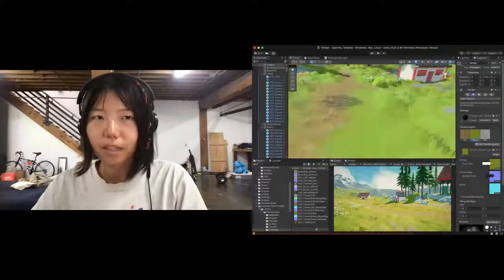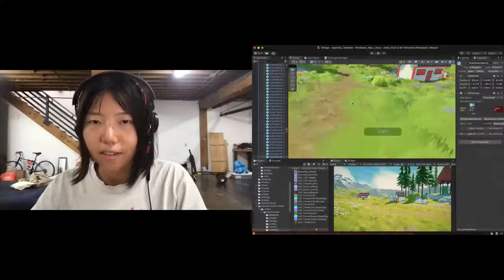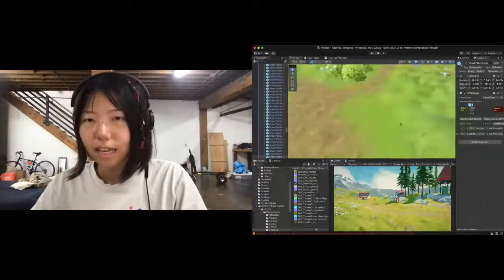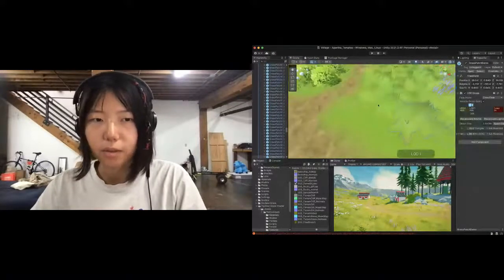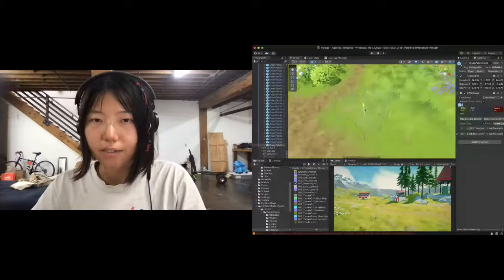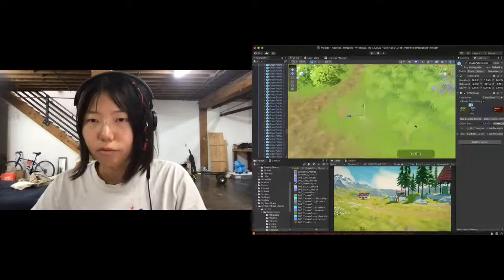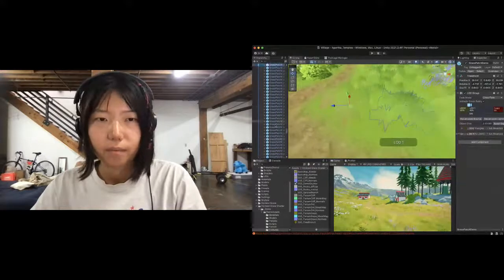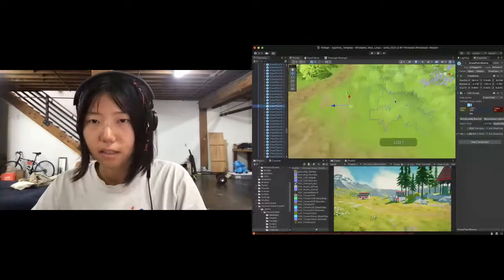And okay, now we see there's all this grass that's kind of exposed, and then what we can do is copy paste some of these existing grass and then move it out a bit, and maybe make it a bit taller and have it just like here so that it feels more like a ridge. And okay,